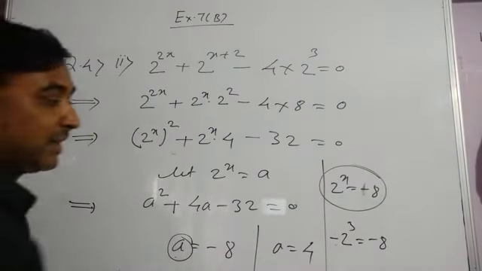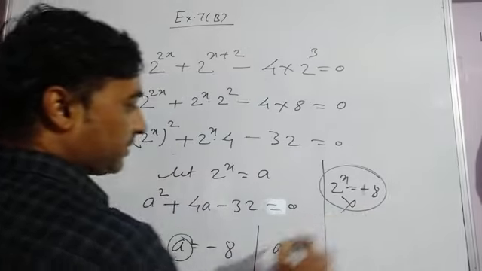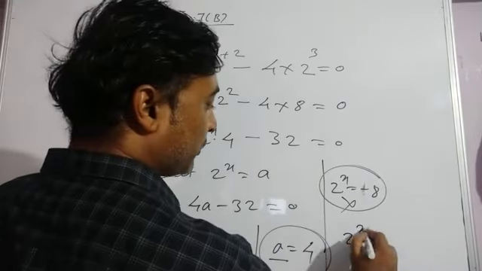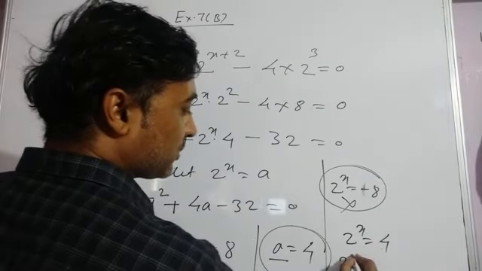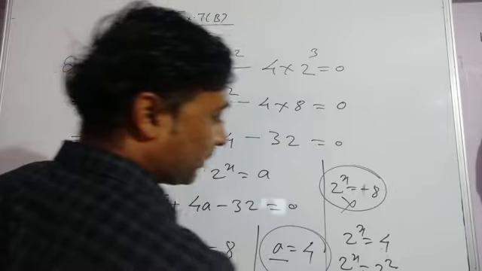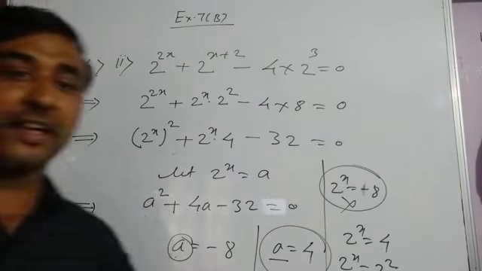So practically, mathematically, this is not possible, isn't it? Now go for next. What is a? Again, a is what? 2 raised to x is equal to what? 4. So this is 2 raised to x is equal to 2 raised to 2. So again, bases are same. So x is equal to what? 2. So what is the value of x? x is equal to 2.